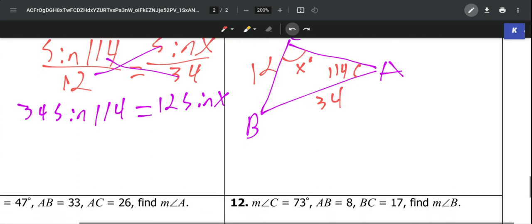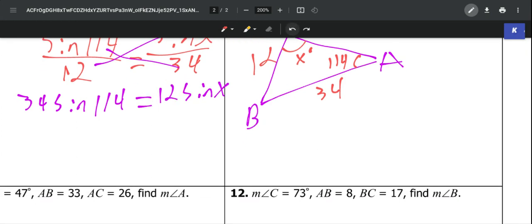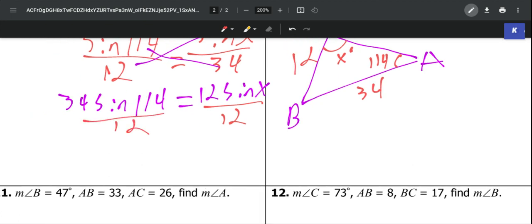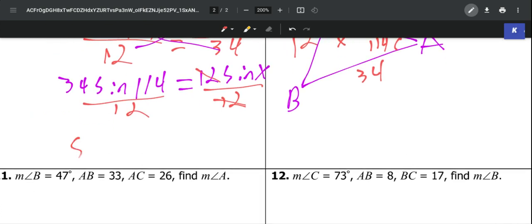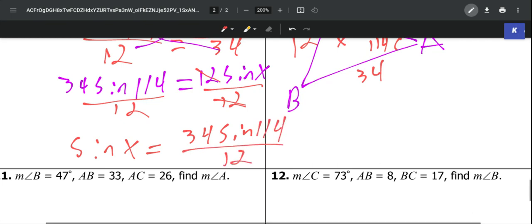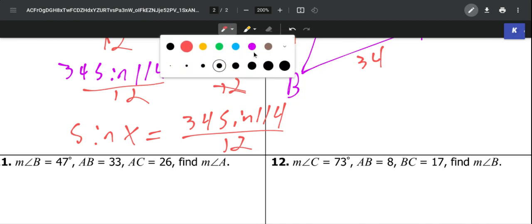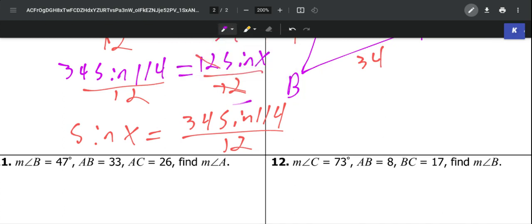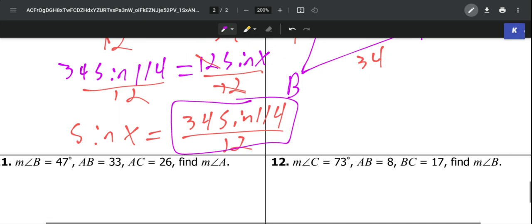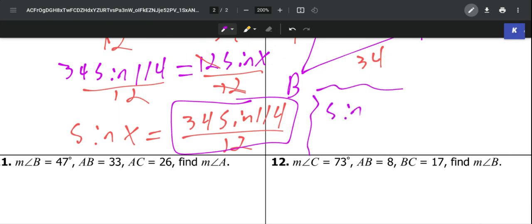We want to get sine x by itself first. That's multiplying by 12, so we want to divide by 12 on both sides, and we'll get rid of the 12 over there. Then sine of x is equal to 34 sine 114 over 12. Now, I want you to go ahead and plug this into your calculator and round to 4 decimal places. So you'll get sine of x is equal to